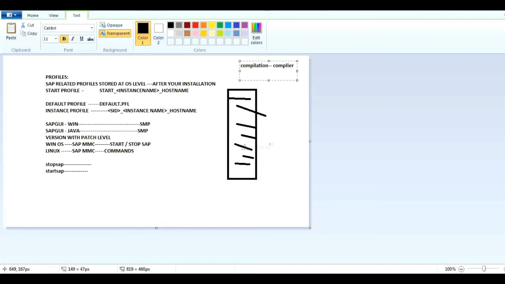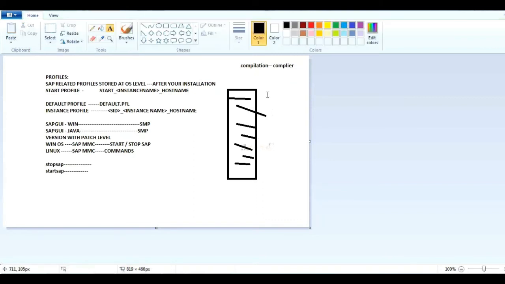If there are no programming errors, no standard errors, no syntax errors, then my compilation will complete successfully. Once the compilation has completed successfully, the program is ready to execute.